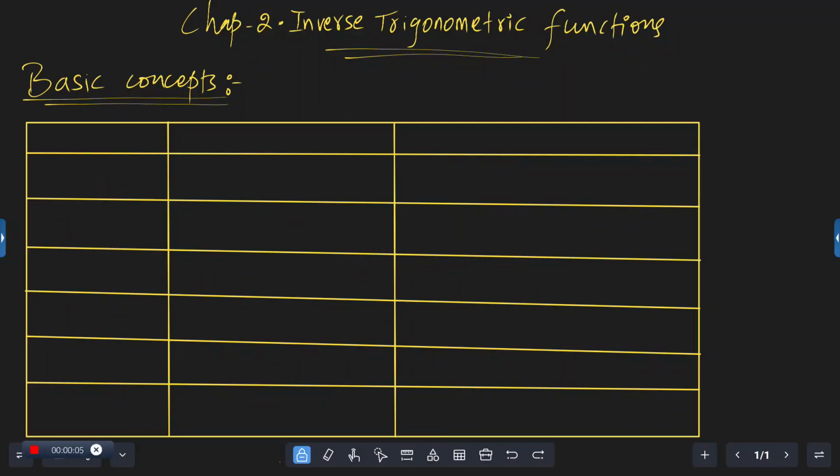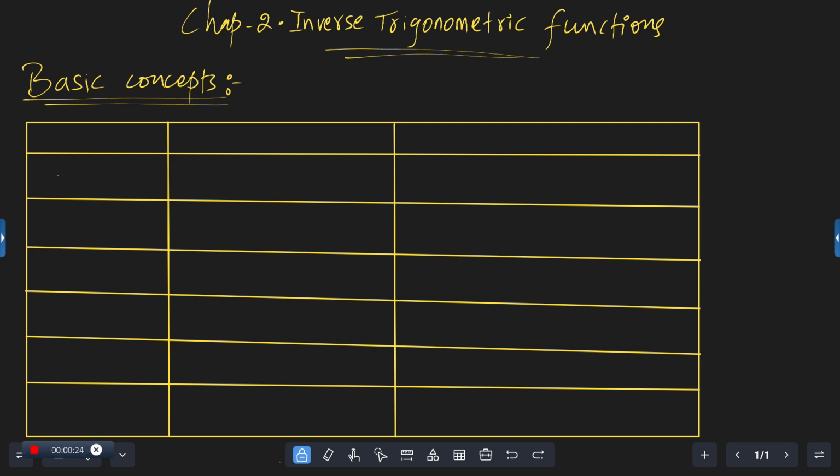Chapter number 2, inverse trigonometric functions, we are going to start. So basic concepts we are going to introduce now. Then based on this, we will see the example sums. Right? So in basic concepts, you should learn about the functions and their domain and range, which we have